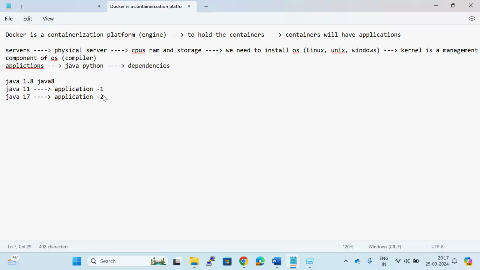On the operating system, Java 11 is there. But am I able to run the Java 17 application? It is not possible. Why? Because there is a dependency mismatch. So definitely I need to upgrade my Java 11 to Java 17. But if I upgrade, the existing application will not work. So now what do I have to do? To overcome this problem in the good old times,